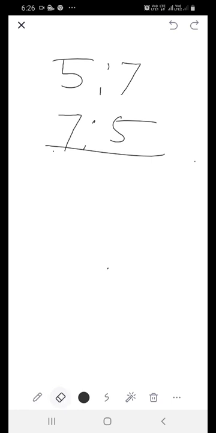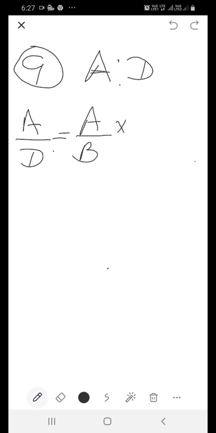Now exercise 7.1 is based on your ratios. Some questions of this exercise you have done in your previous classes also. I'm going to take up a few questions from in between, and you will also try to solve the questions. Now I'm taking question 9 of your book. In that, A is to B is given to you, B is to C is given to you, C is to D is given to you, and you have to find A is to D.